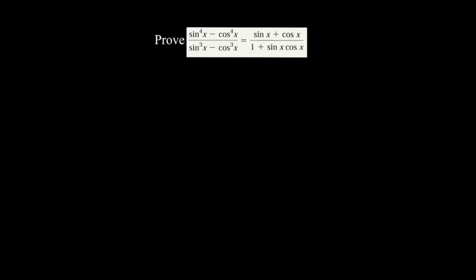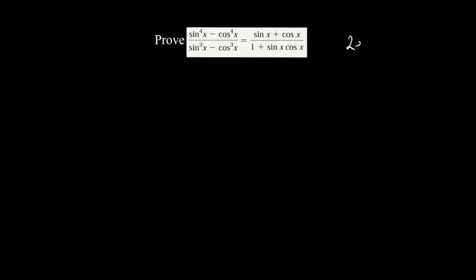In this video, we are asked to prove sine to the 4x minus cosine to the 4x, all divided by sine to the 3x minus cosine to the 3x, equals sine x plus cosine x, all divided by 1 plus sine x cosine x. To carry out this proof, we'll need two